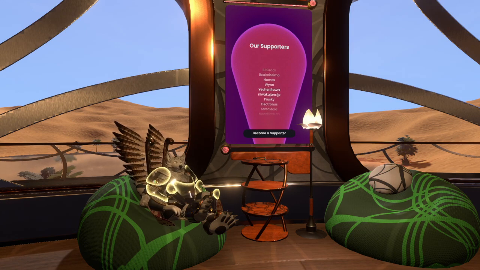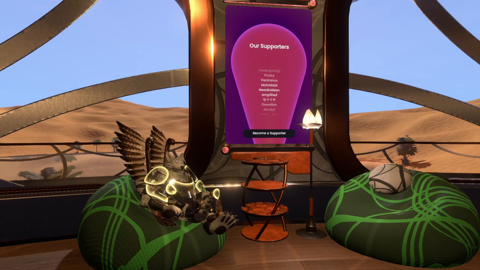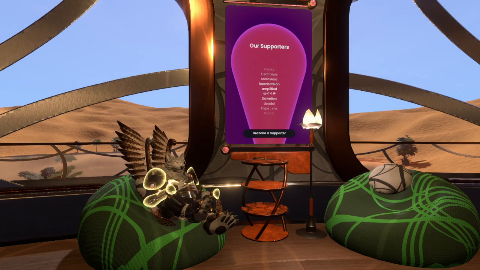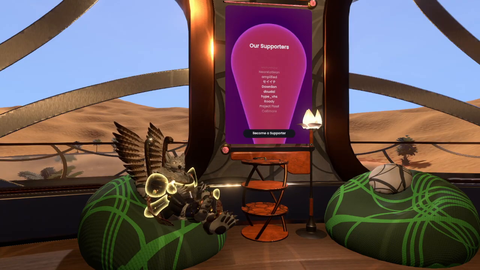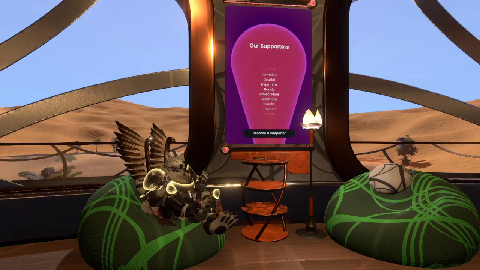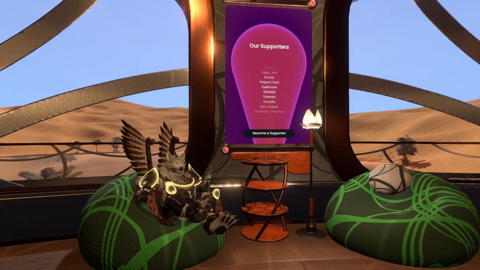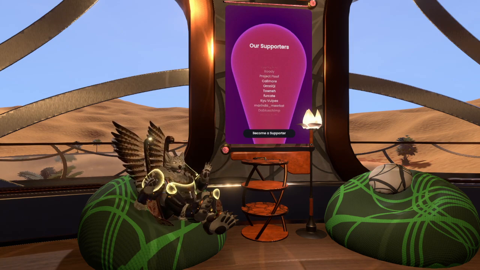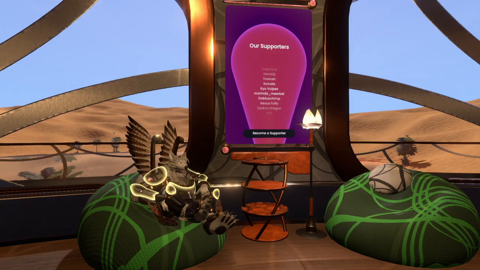I think there's always going to be things that people won't understand about this platform compared to other places. The main thing I see a lot of people don't grasp until they've been in here for a while is that people can edit in here while also socializing. People separate those two things: if you're a builder, you go into these worlds to build, or you go outside of the program to build, and if you're playing a game or socializing, you're in here.